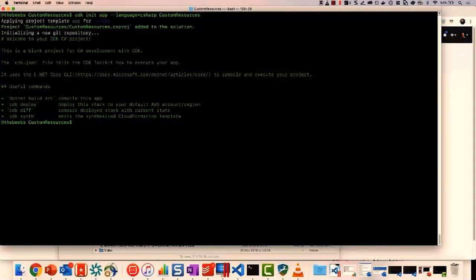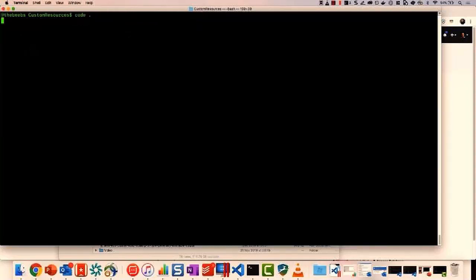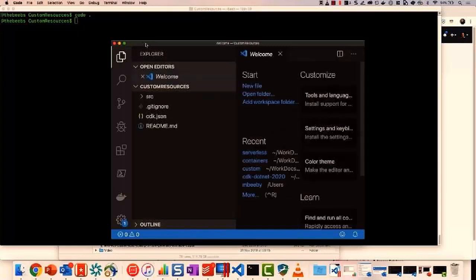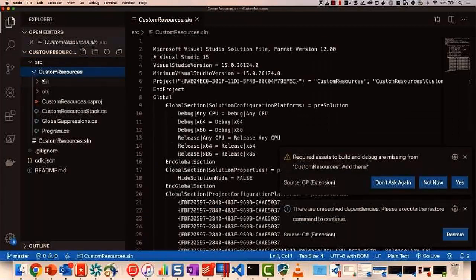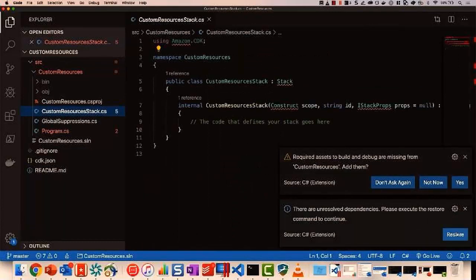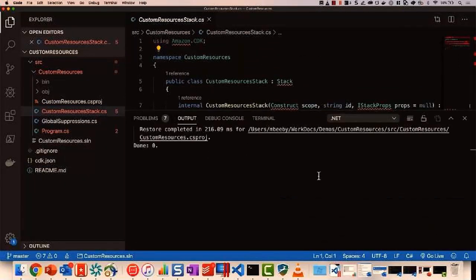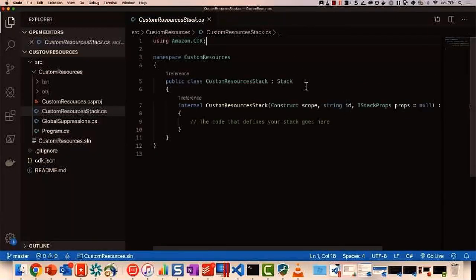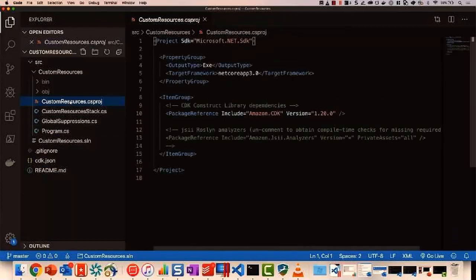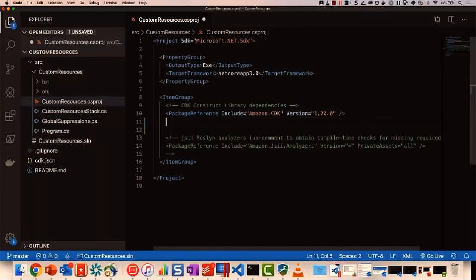It creates my project for me, and then I can go into that project inside of VS Code. And at the moment, there's nothing in there really. We've got our stack. Now I'm going to be using a couple of libraries to build this, so I guess I'll add them to the project. First up, we've got the reference to the CDK already in there. We're going to need one to